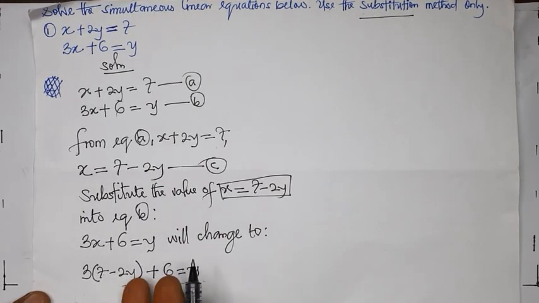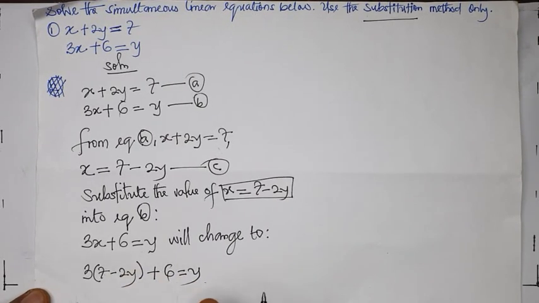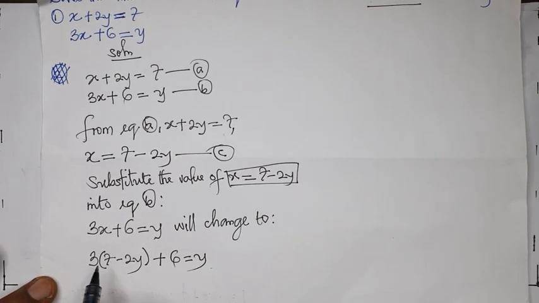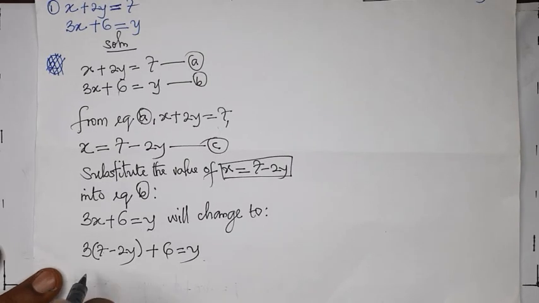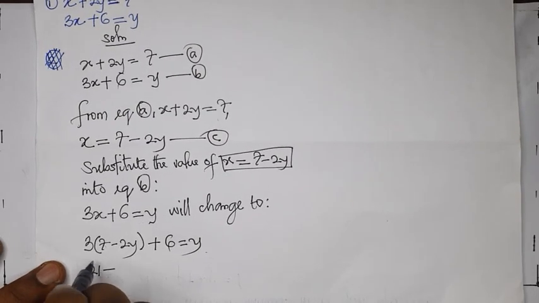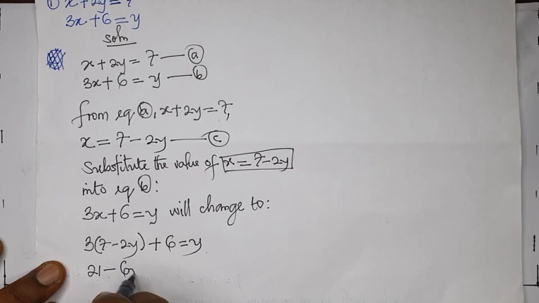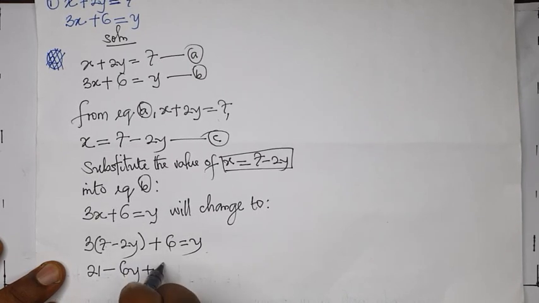Now that we are here, it is easy to find the value of y. First, I will begin by opening up this bracket. If I do that, 3 multiplies 7 will give me 21, minus 3 multiplies 2 will give me 6y, plus the 6 we already have